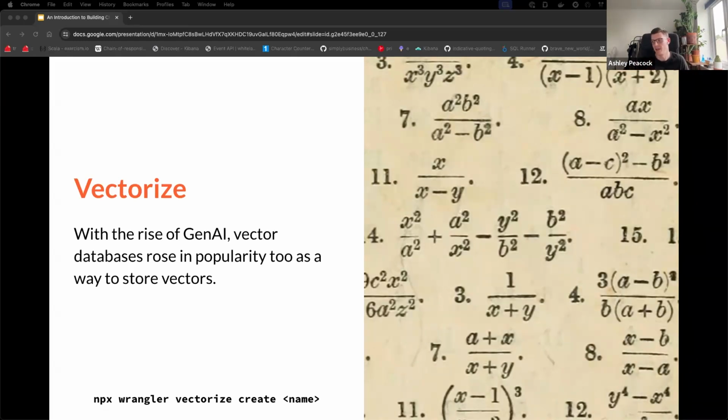So you can take like dog and generate a vector, which will just be a series of numbers. You can take cat, and that'll be a different series of numbers. And then you can apply math on top of it, which the database will do for you to see how similar they are. It'll give you a score between 0 and 1, where 1 is it's the same, and 0 is it's not close at all. So if you did another one that was, I don't know, desk, probably wouldn't be too close to cat or dog. So it would have a lower score than dog and cat, for example.